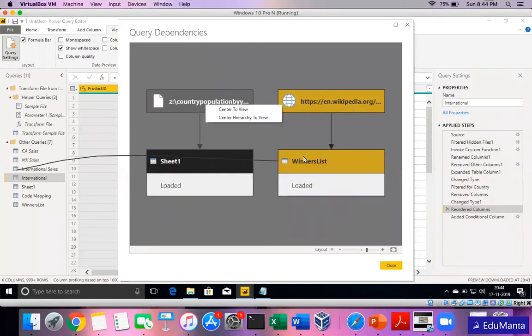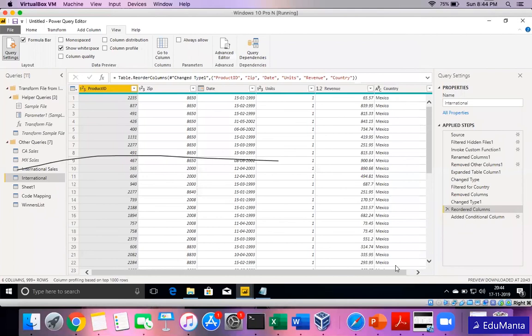If I had joined this to some other query, that would also become highlighted. So these things become handy when you have a complex model and you want to understand, if I delete this particular field or this query, which queries will get impacted. In those cases, you can use this query dependencies filter.